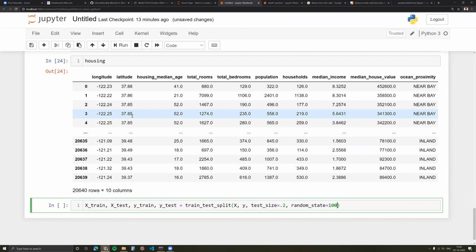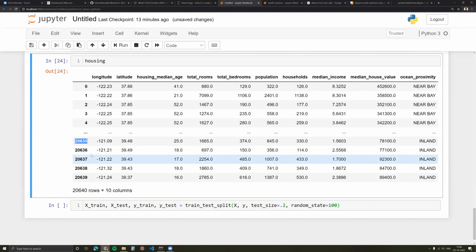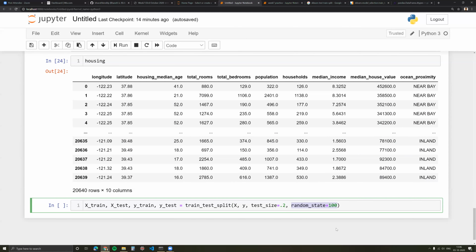The way it splits is it would shuffle all of these and pick 80% of it. Because it shuffles everything randomly, when you do the split, your test data would be different from my test data. When I split it, perhaps this would be in test and this would be in train. But when you split the data, for you, this might be in test and this might be in train, just because it randomly shuffles. But for the shuffle to be the same, both of us have to use the same random state, regardless of what the number is.